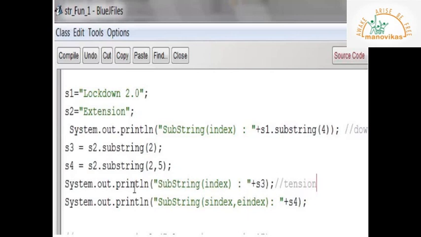Okay, the next one is the second string dot substring of 2, 5. That means starting from the second index of the second string, that is 0, 1, 2, starting from here till the 5th letter in the string, or you can say 5 minus 1 index, that is till the 4th index.